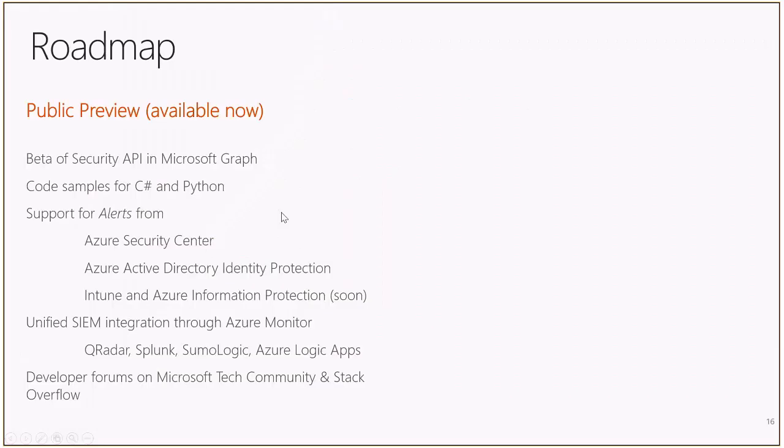So just a quick note about the roadmap. We launched the public preview a week or so ago. That's a beta of the security API, now available in Microsoft Graph. We have code samples for C# and Python. Today it supports alerts from Azure Security Center and Azure Active Directory Identity Protection, and coming soon will be Intune